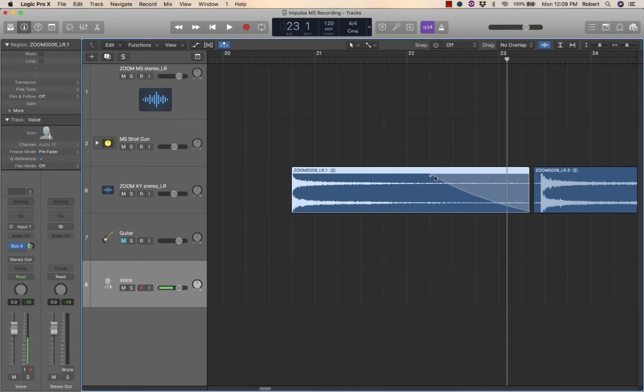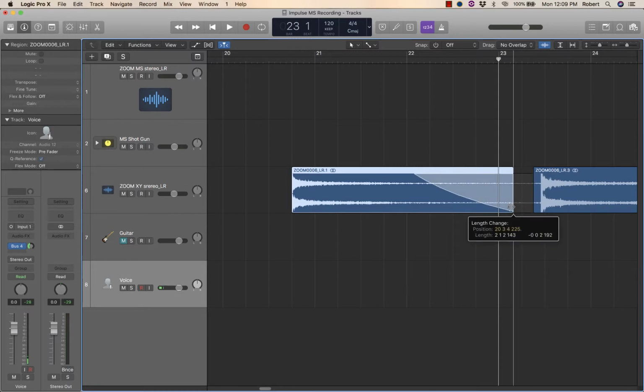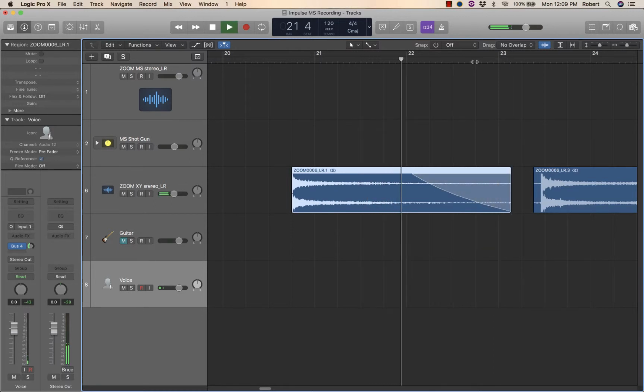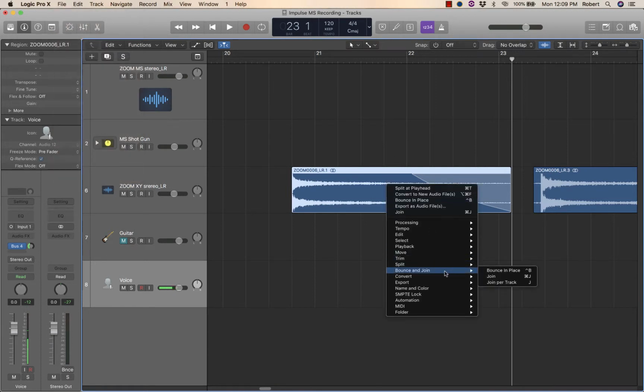Holding the command key and adjusting the fade point can change the shape of the fade by holding the command key down. Okay, so if you were happy with that, then the idea now is to bounce and join,